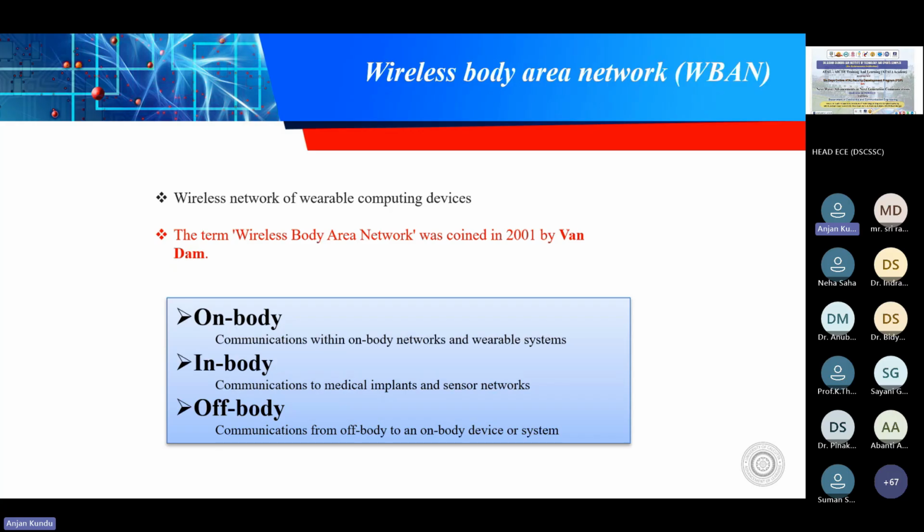Those sensors are known as wearable sensors. That is off body communication, or off body IoT, or off body WBAN. These terms are medical electronic terms actually. So I'm trying to explain on body through some